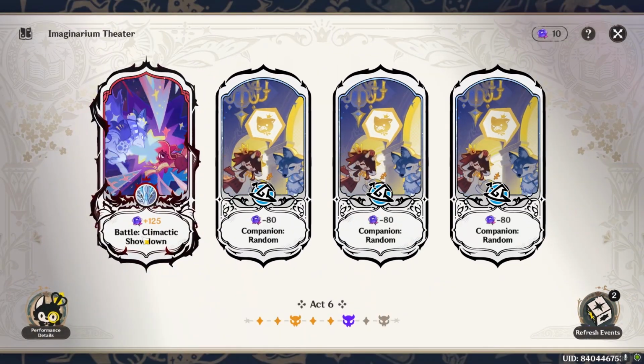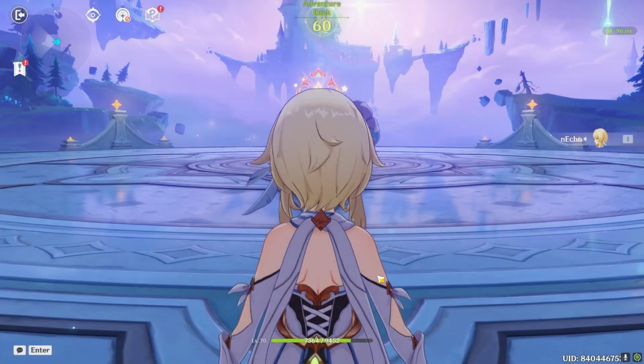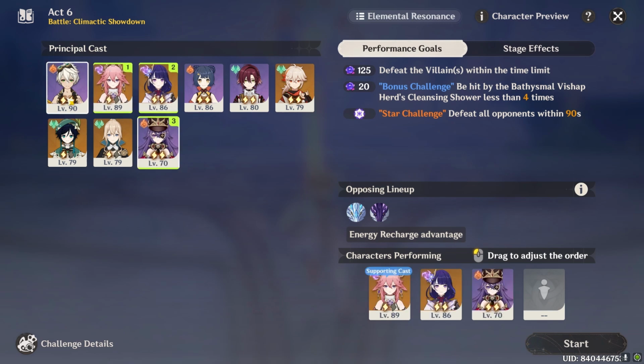You want ER, and then this one is... Okay, excellent. So this is the boss fight we were waiting for. And then it's actually very simple. All you have to do is bring Yae Miko, Raiden, Chevreuse, and